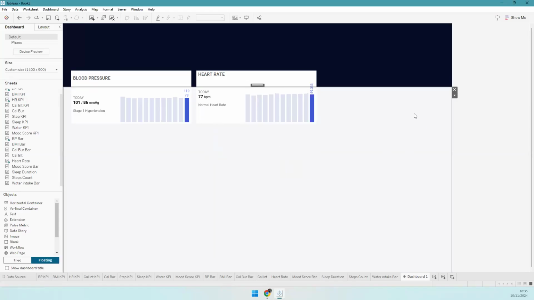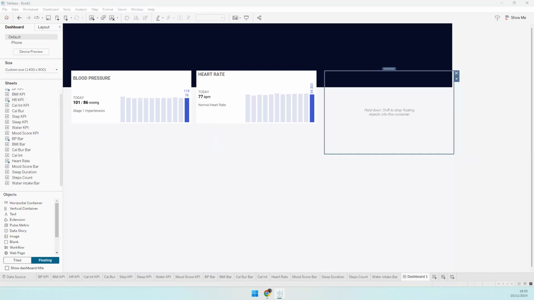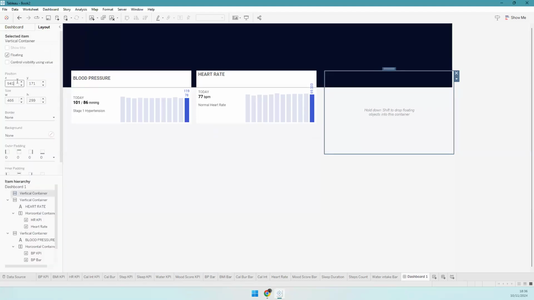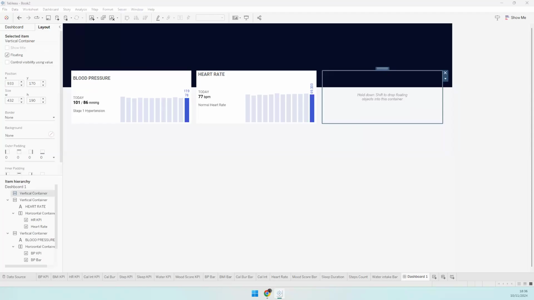Cool. Boom. Next one we have is for the, what do you call it again? Yeah, the BMI. And that one will be, yeah, so that one will be, change this to 933, 170, 432, 190. Now, a lot of these things we are doing,